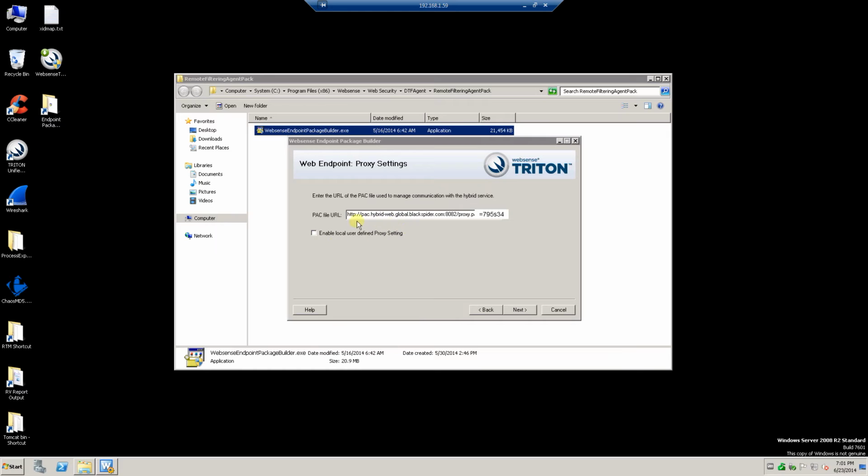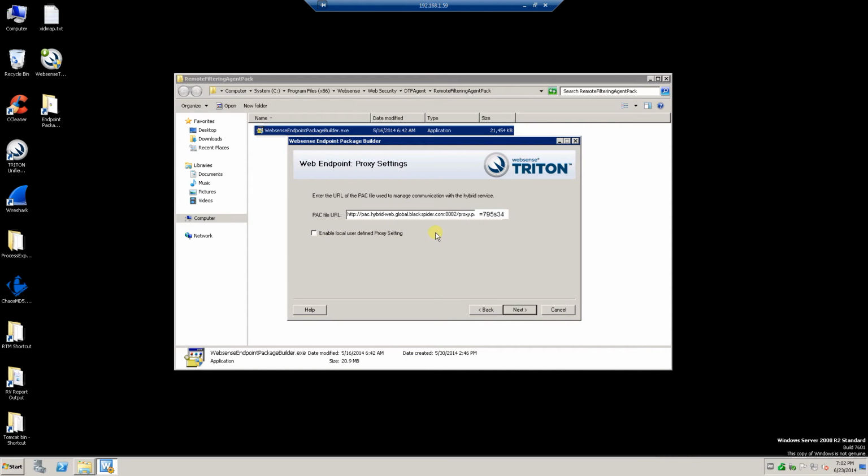This is for end users generally that travel a lot. So most of the time when I see this used, a company has traveling consultants, and sometimes when they're on site with customers, they're not able to get out to the web without going through their on-site proxies. If that is the case, then what they can do is they can simply click or right-click on the Web